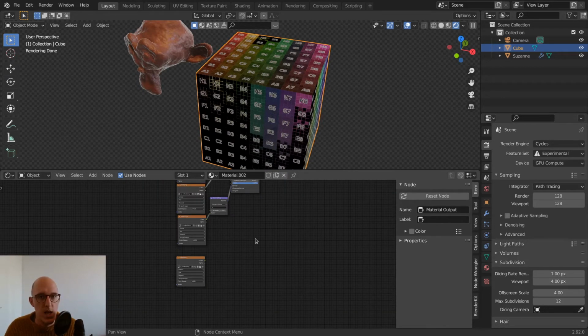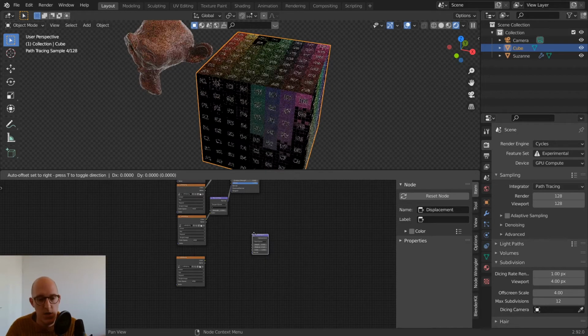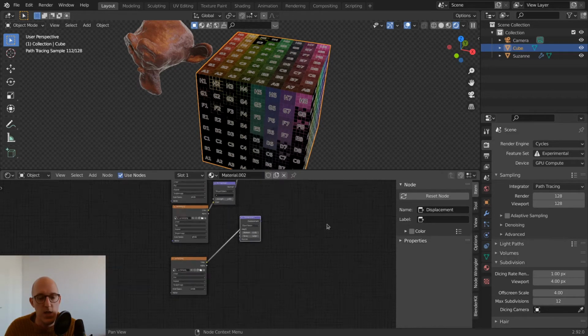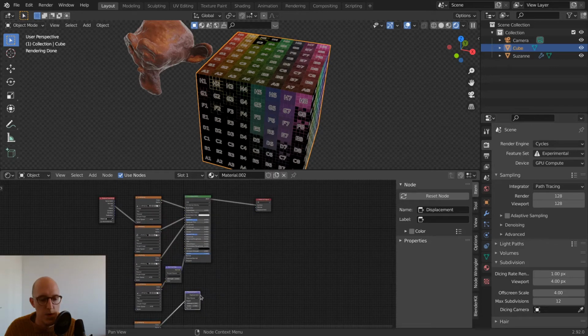And the last one, we need to add a displacement map. So Shift A, search displacement. This is the easiest way to find a node, just type it in, and then attach that to the height of the displacement, and then add the displacement node